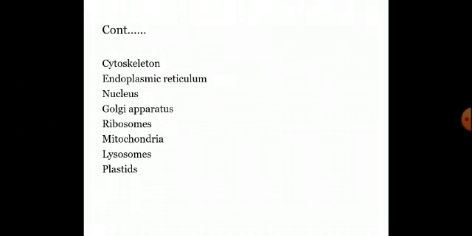The number of mitochondria present in a cell depends upon the activity of the cell. If the cell is highly active, then the number of mitochondria in that cell will also be high. Why? Because if the cell is active, it needs energy to do its function well. So if there are a large number of mitochondria inside the cell, they can produce a large number of ATP, which will satisfy the requirement of the cell.